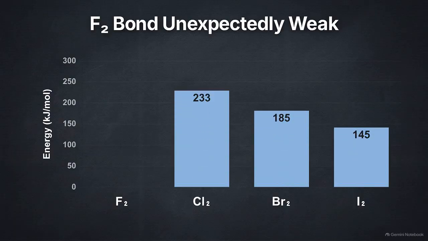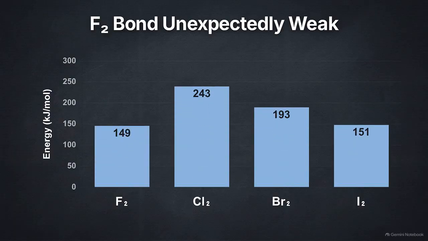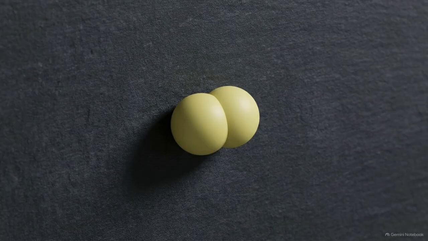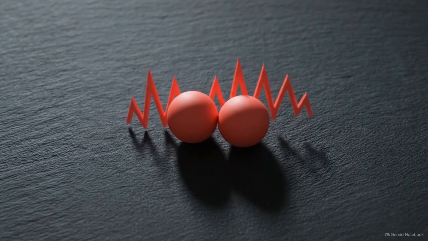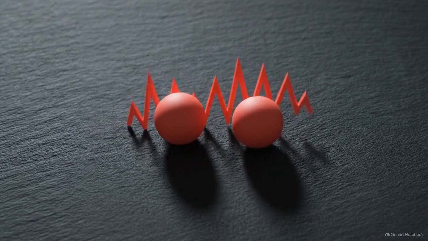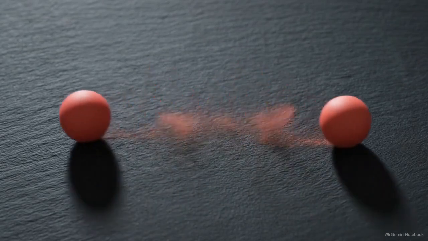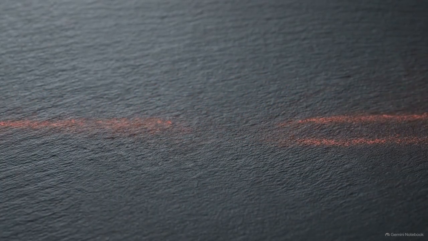The F2 bond has a lower dissociation energy than the Cl2 bond. This weakness is caused by fluorine's exceptionally small atomic radius. The compactness of the molecule forces non-bonding lone pairs into close proximity. The resulting intense electronic repulsion between these tightly packed lone pairs heavily destabilizes the entire molecule, significantly weakening the chemical